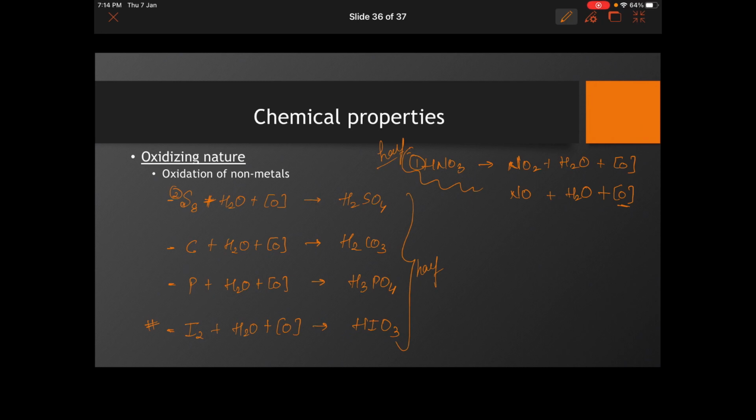Yes, there is one very specific property of HNO3 which I'll be discussing in the regular live class itself, which is also a very important test. HNO3 has the test for nitrate ions that we know as the brown ring test. I will explain that in the coming class.